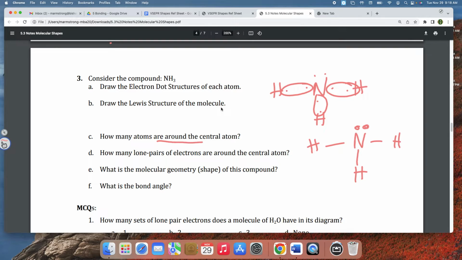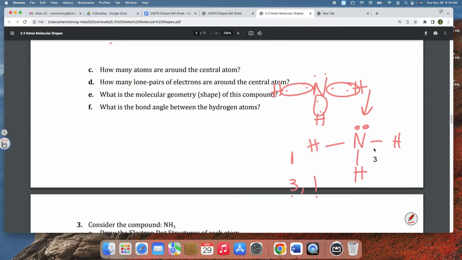How many atoms are on the central atom? There are 3. Let's count with the cursor. Is that a cursor? The arrow. 1, 2, 3 atoms on the center. Then how many lone pairs are on the central atom? And there's just one pair. And so then we look on the chart for a 3 and a 1. So 3 atoms, 1 lone pair. And this will be,